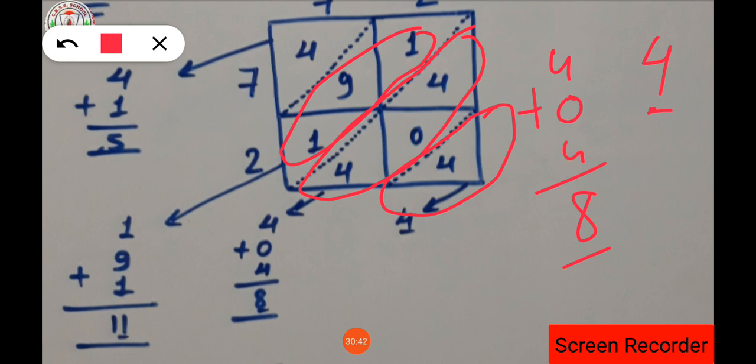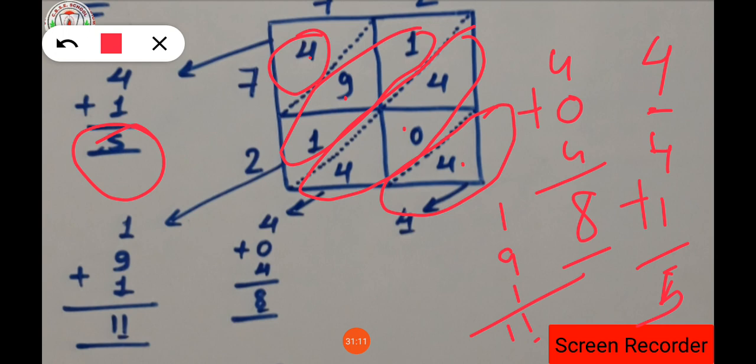Then in diagonal 3, how many numbers are we having again? We are having 3 numbers, that is 1, 9 and 1. So how much is the total? 11. So in 1's place value it will be marked and the 1 is left out. This one left out will be added to the fourth diagonal. 1, 2, 3, fourth diagonal. So 1 plus 4 plus 1 will be how much? 5. Isn't it? So what will be the square root? Square root of 72 is 5.